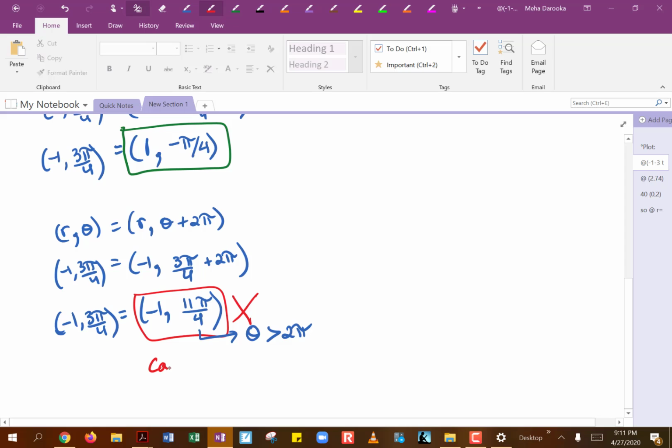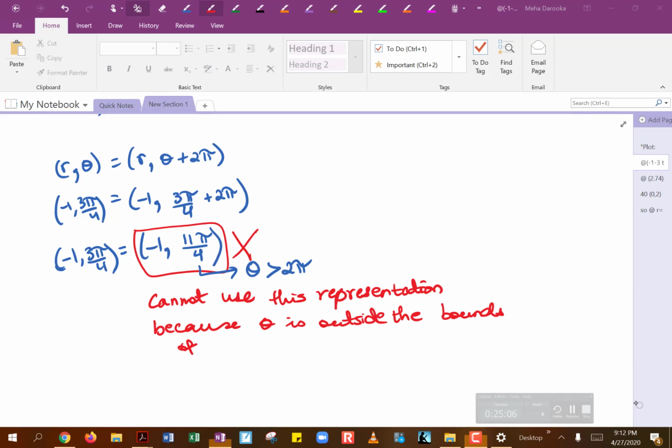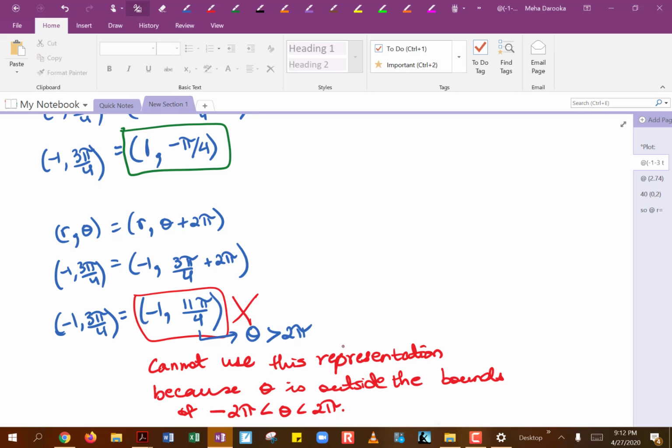So we cannot use this representation, this theta is outside the bounds. Okay. So instead of this, what we can do